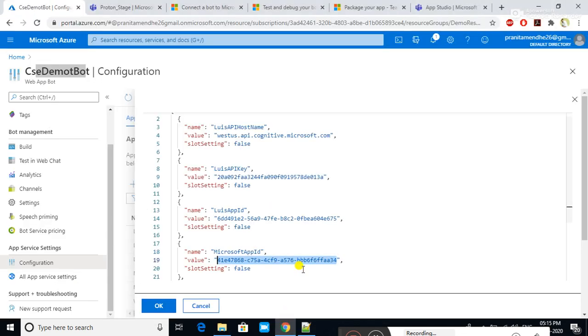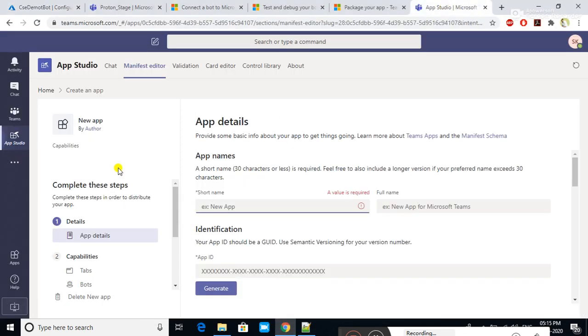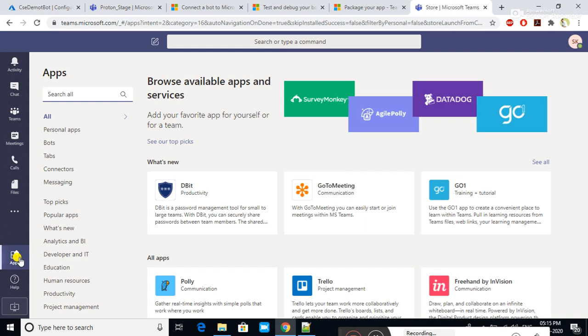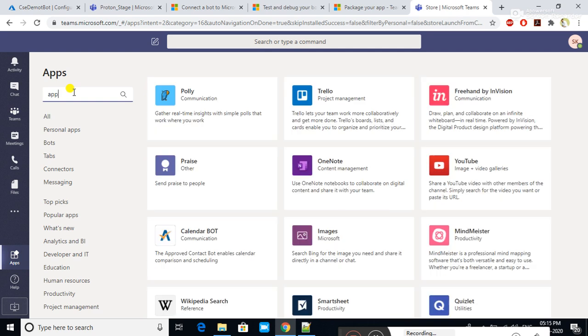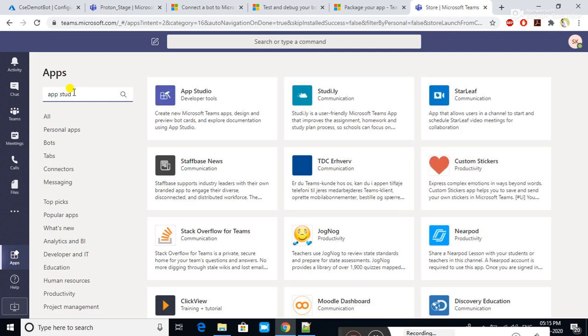Now next step, you need to go back to your MS Teams, click on apps. First you need to check whether your JSON is correct or not.